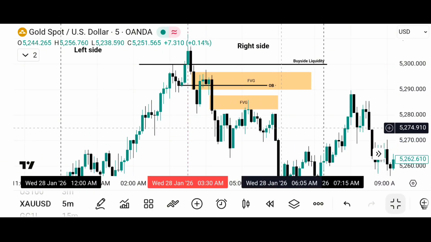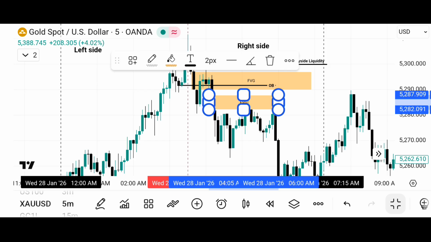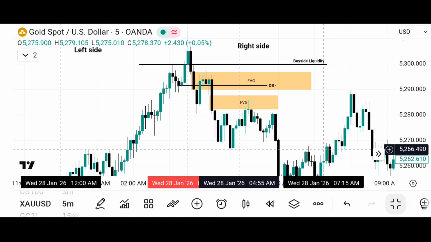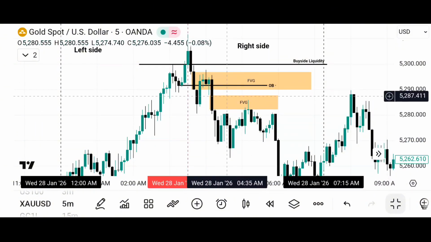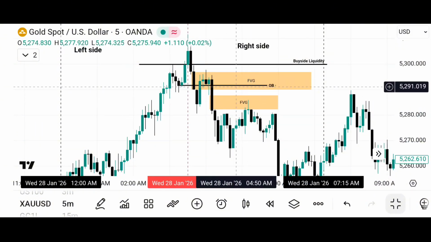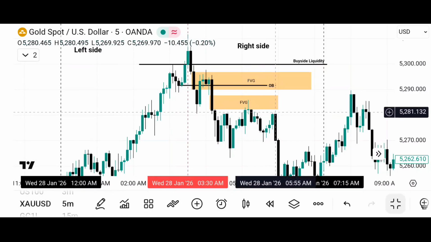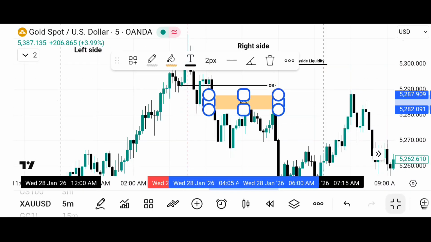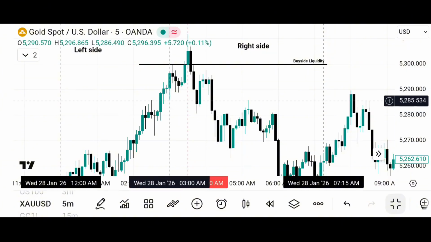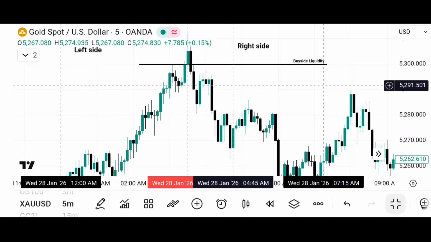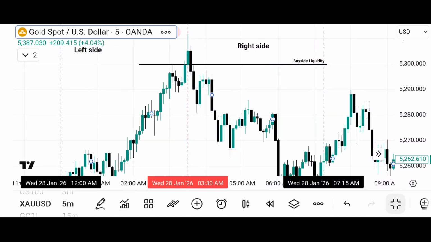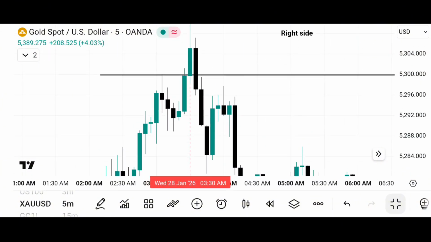So that may not make sense to so many of you, but I'll be showing you right here how it works. So first I'll take this off. All these PD arrays which I've shown you right here are PD arrays at the right side of the curve. So I'll be taking this off and I'll extend the PD arrays formed at the left side of the curve to the right side of the curve. Then you see how price makes use of them. So if you watch closely,